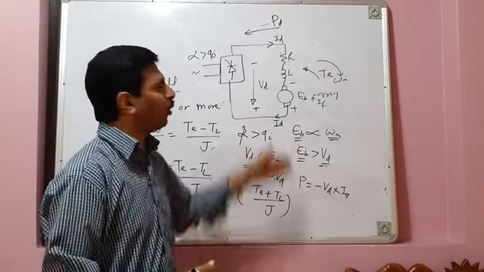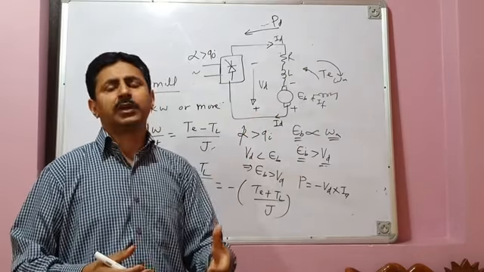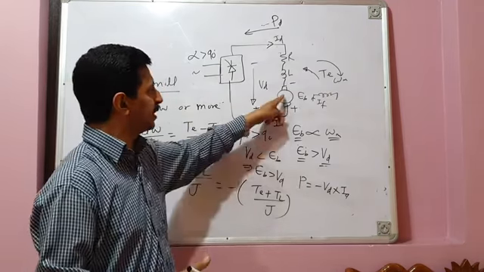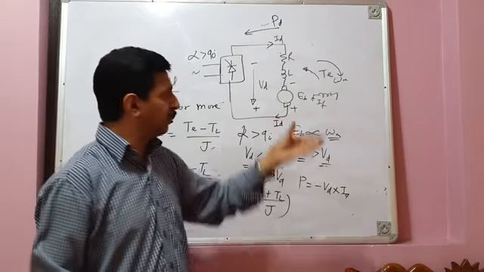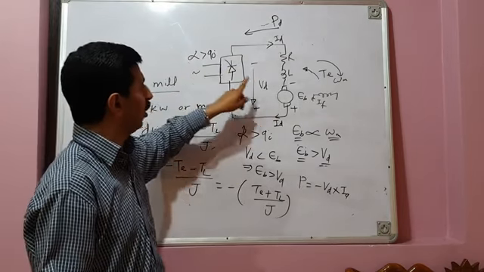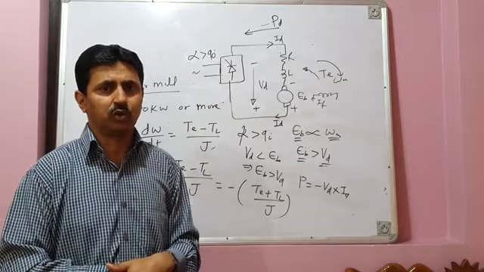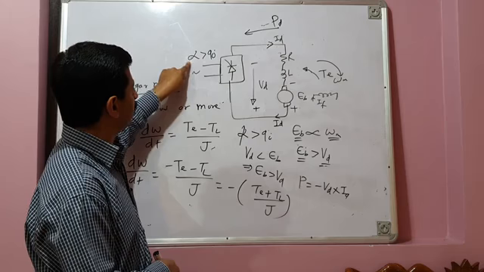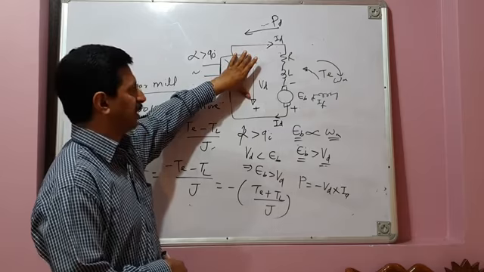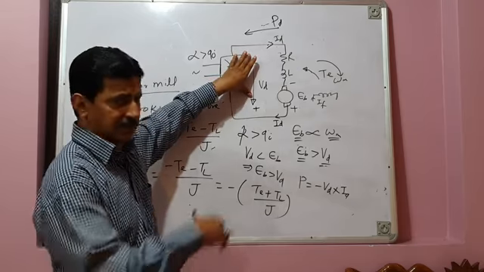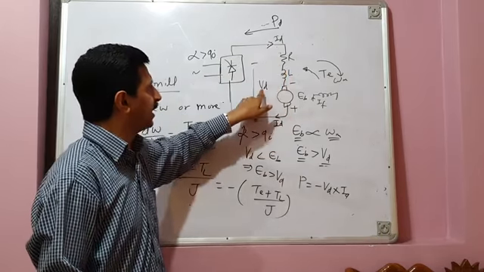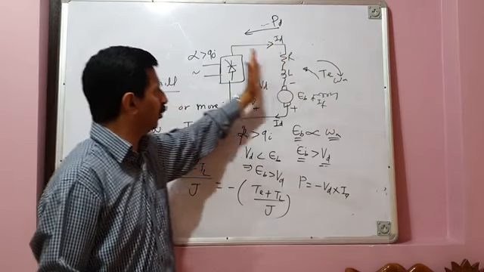And when you have to stop this machine, you have to slow it down, you have to apply regenerative braking. In that case, this machine has to operate as a generator, and the braking energy has to go back to the source. That is possible only if you operate your converter in the inversion mode of operation. And in the inversion mode of operation, you make alpha greater than 90 degrees. Average output voltage of the converter becomes negative. Back EMF also you make negative, and EB is greater than VD. So energy flows from load to source.